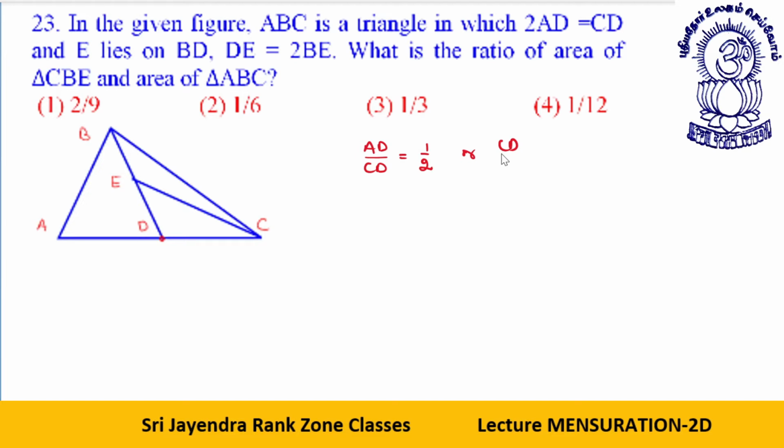E lies on BD. DE is equal to 2BE. Let's say this is Y, this is 2Y. What is the ratio of area of CBE and area of ABC? Area of triangle CBE upon area of triangle ABC. How will we do it, dear students? Look,